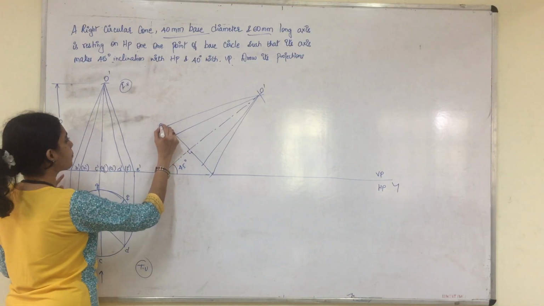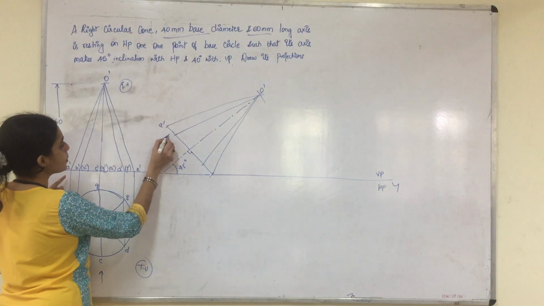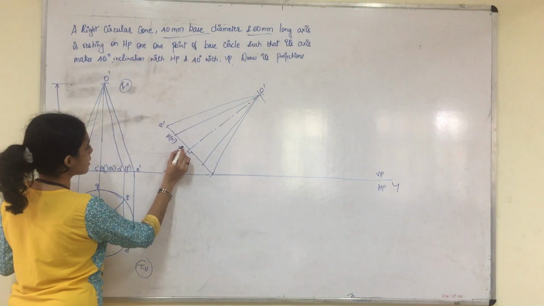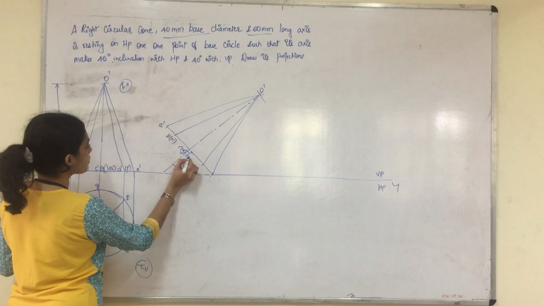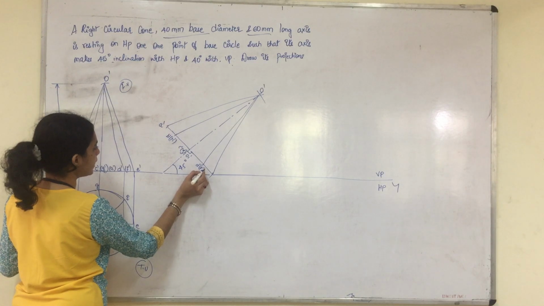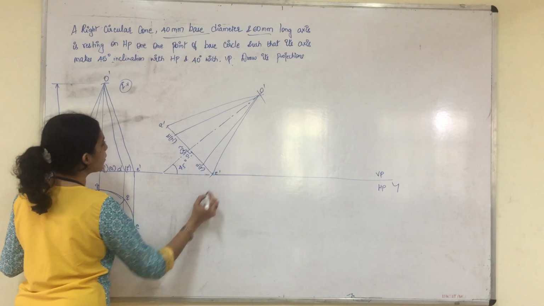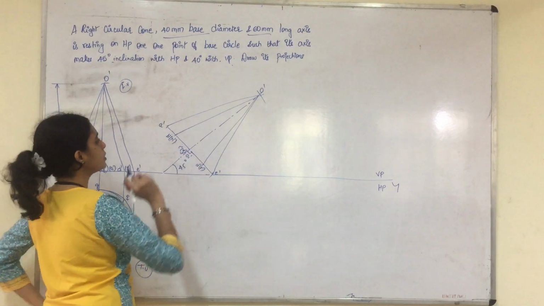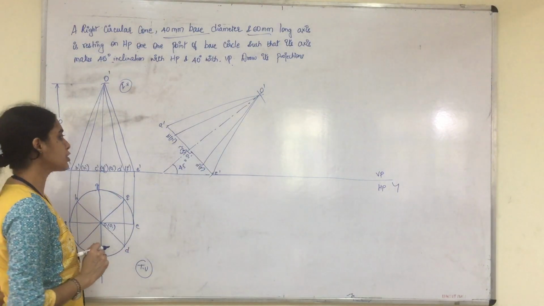So this is our A dash. So this is B dash in the bracket H dash. So this was our C dash in the bracket G dash, and this is our O1 dash. And similarly this is D dash and F dash, and this is our E dash. So this is how the front view of the second stage looks like.